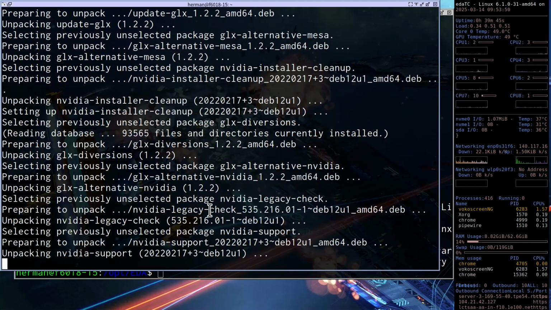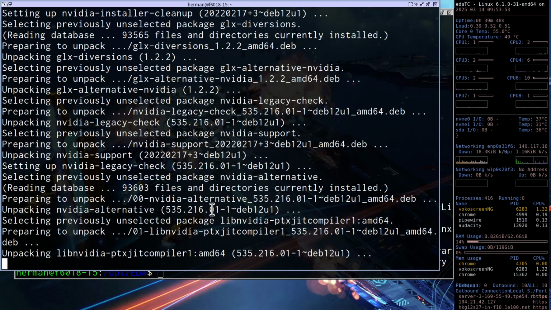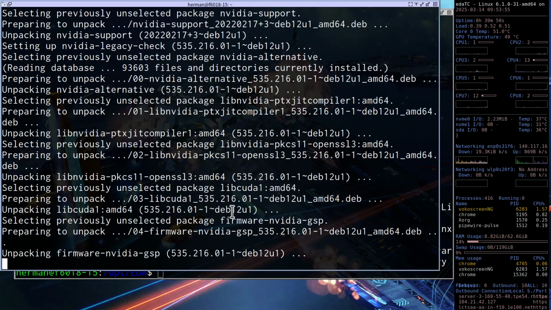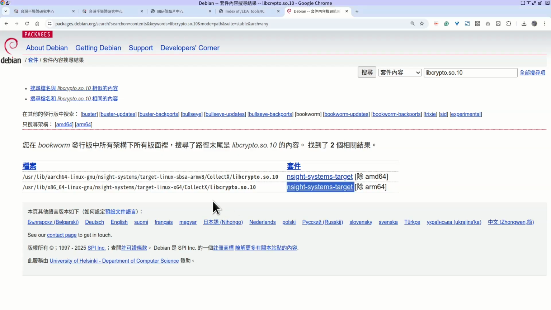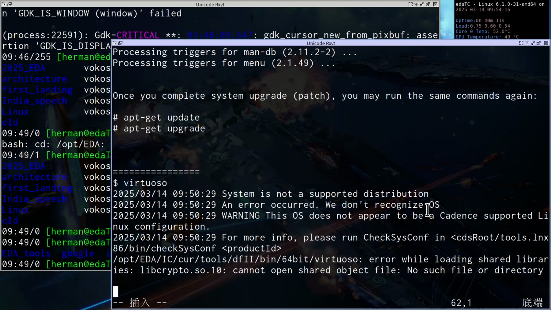So let's see what happens after we download and install this package. This is just one way to solve the problem. There are some packages that cannot be found in this place. They cannot be fixed using this way. We can go to